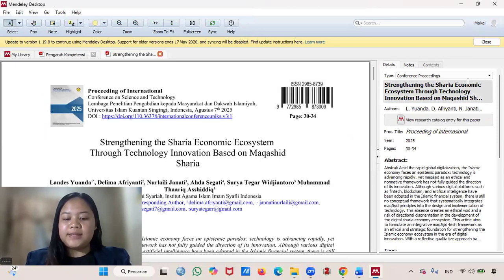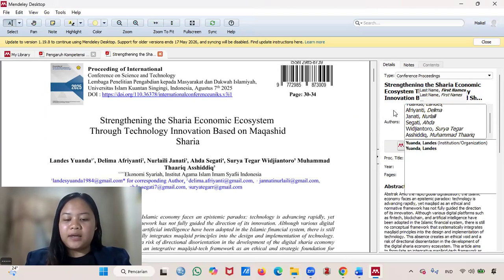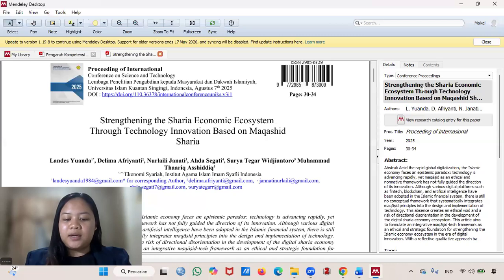Now, everyone, please pay close attention to the panel on the right. This part is absolutely crucial for proceedings. Sometimes Mendeley automatically detects this as a journal article instead of a proceeding. If that happens, we must manually change the type to conference proceedings. Why? So that the bibliography format will be correct and consistent later on.